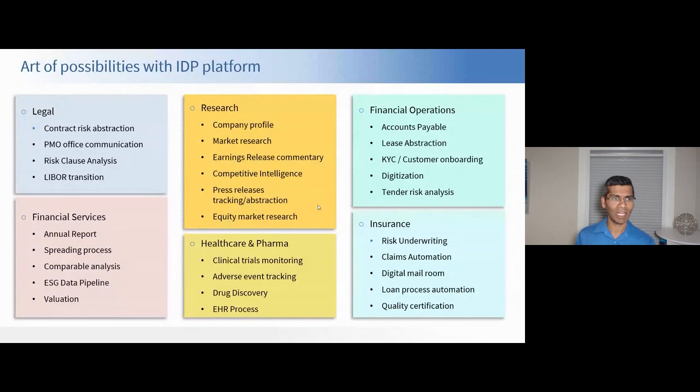And let me take some random one. For example, let's take competitive intelligence, right? In research, what is competitive intelligence? I'm not going to go through everything one by one. I'm going to take one or two at random and then just give you an idea. Competitive intelligence is all about,